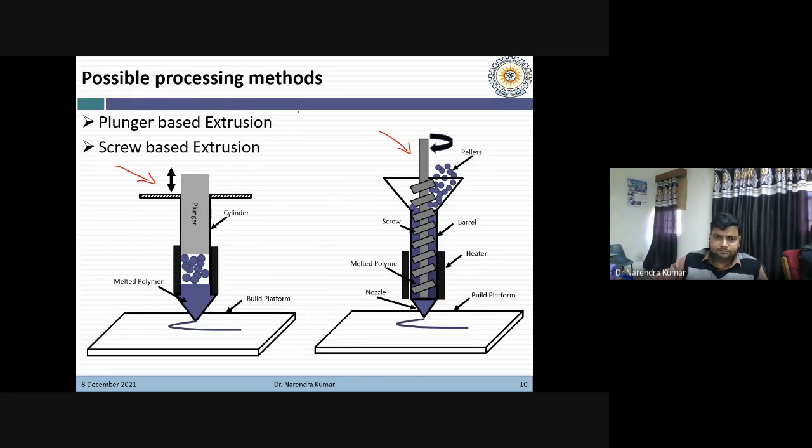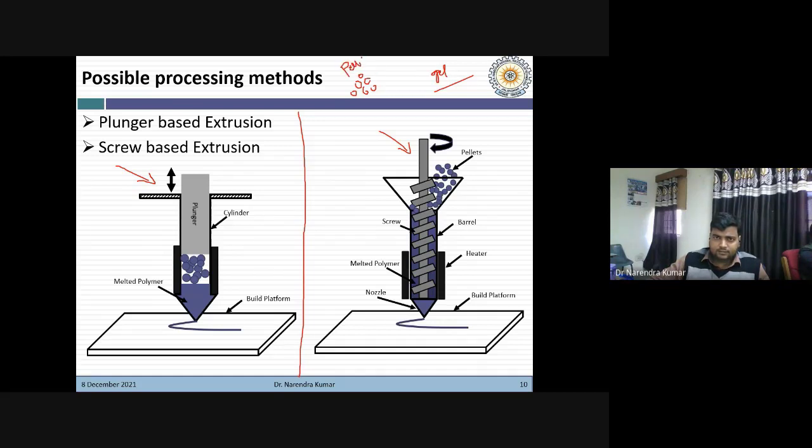Can anyone tell me which one is more suitable? We have two different types of material, one in gel form and the second in pellet form.